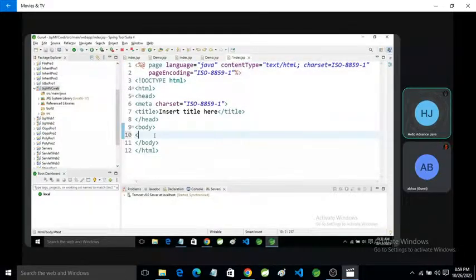Here I'm going to create a user login page.